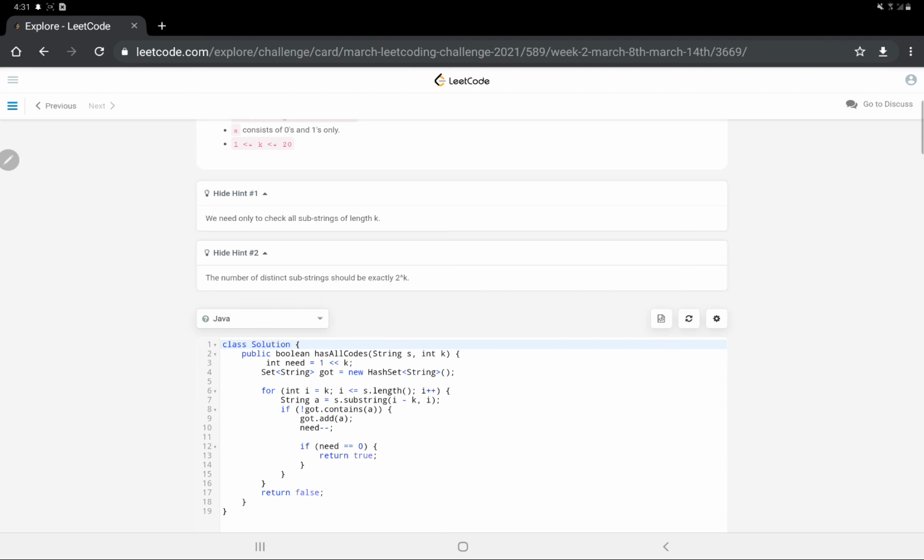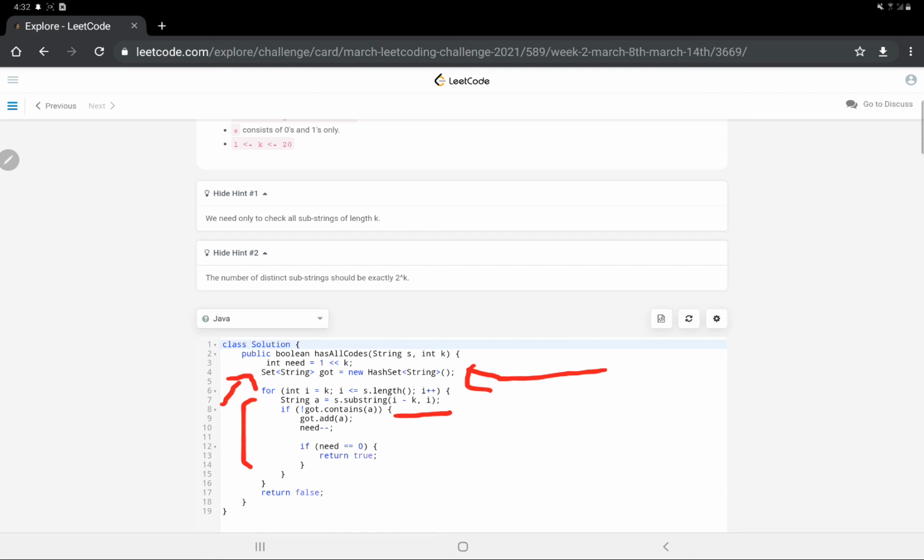So here is the code, and as we can see I have calculated my need variable, and I have shown you the trick. I have taken one hash map where I will be storing the values, and this is the loop where I will be checking every substring. I won't check whether it contains 0 or 1, because I know it contains only 0 and 1. So I won't be checking whether 00 has occurred or 01 has occurred.